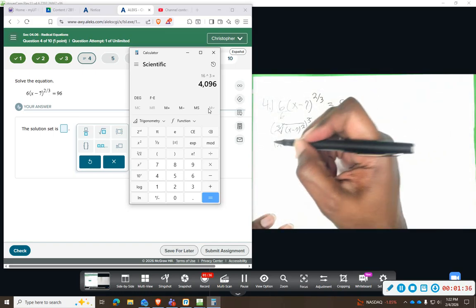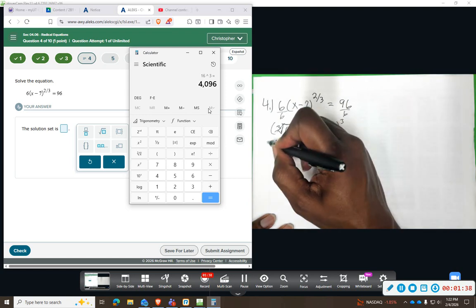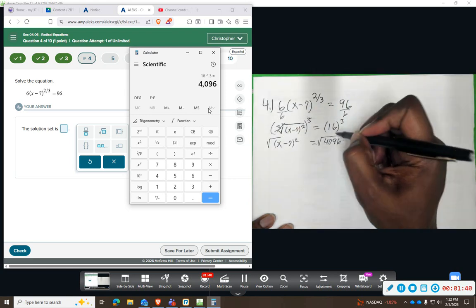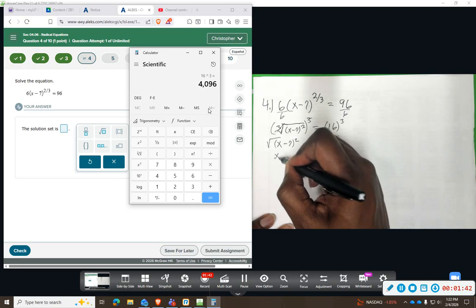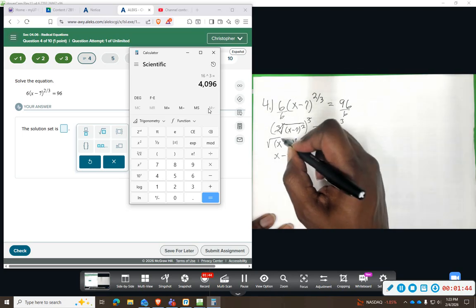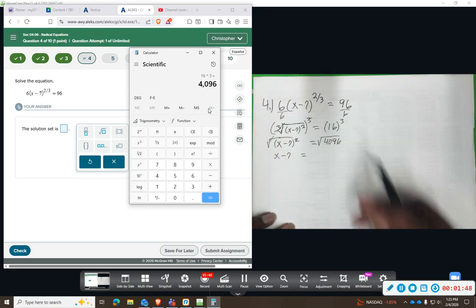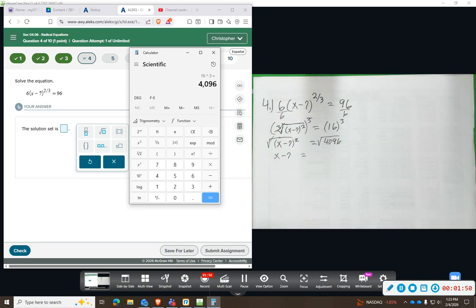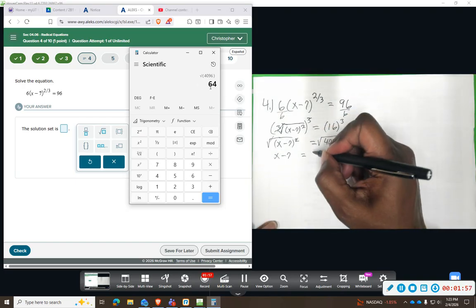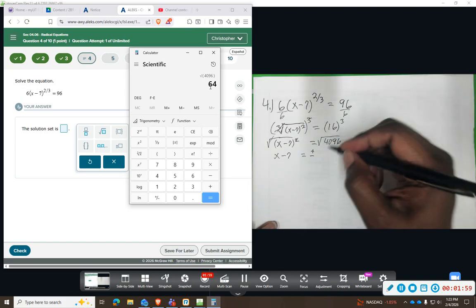All right. Then, to get rid of the square, we're going to take the square root of both sides. And that's going to give us x minus 7. It's going to cancel out the square. Square root of 4096. So we got 4096 there. We'll just say square root gives us 64. Now you got to remember, when you take the square root, positive or negative,